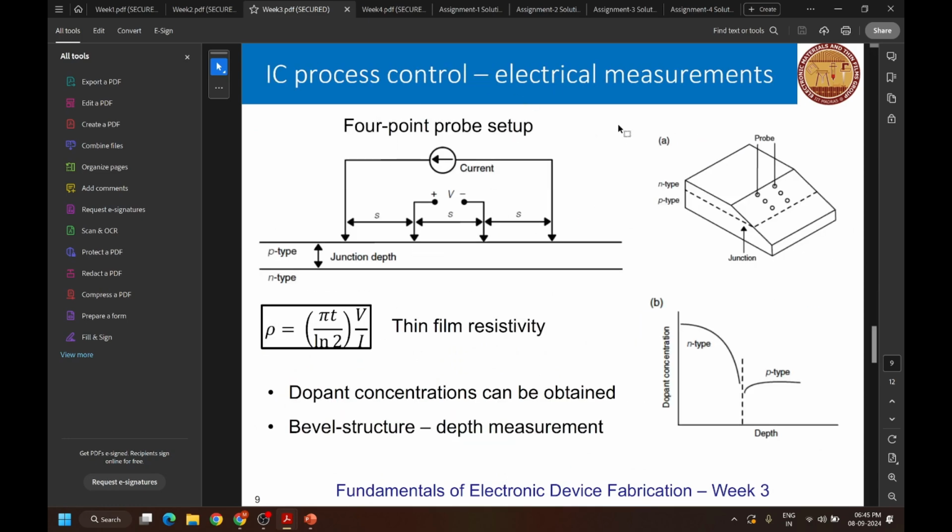So then your metrology and process control, in which you do electrical measurements where you measure the resistivity of your sample. This is done by four probe measurement, where you have four equidistant probes. The outer two probes are used to give a constant current, and the inner two probes are used to get the voltage output. And using this formula,